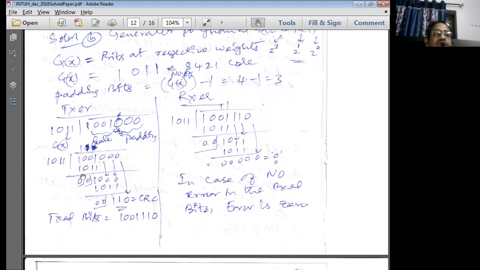When you multiply this with 1, what do we get? 1011. What is important here is that you should perform the XOR operation for these two data streams. 1 XOR with 1 is 0. 0 XOR with 1 is 1. What is XOR? The XOR output is true only when the two inputs are different. If the two inputs are the same, the output is 0. That means if inputs are 0, 0, output is 0. If inputs are 1, 1, output is 0. If inputs are different, 0, 1, output is 1.